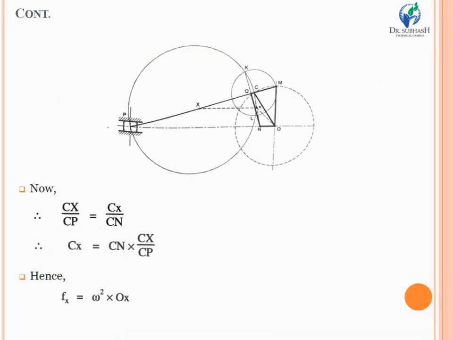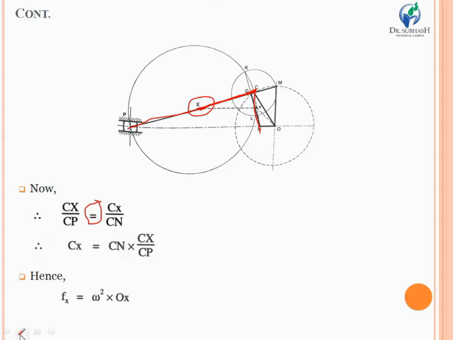Now suppose you are required to calculate the acceleration of any point located at an arbitrary distance on the connecting rod PC. Then it is easy to calculate the acceleration of that point X by using Klein's velocity, or we can say Klein's acceleration diagram. You just have to take the ratio in such a way that Cx upon the entire length Cp